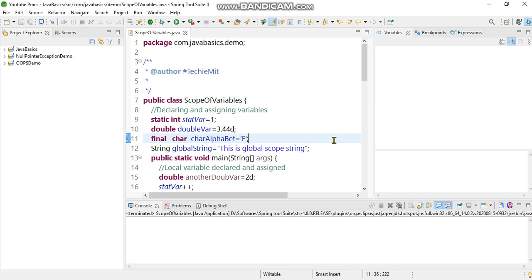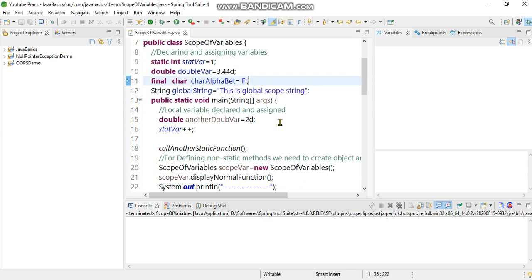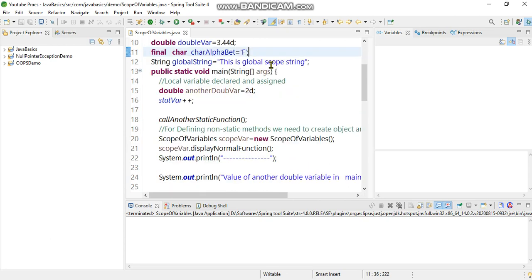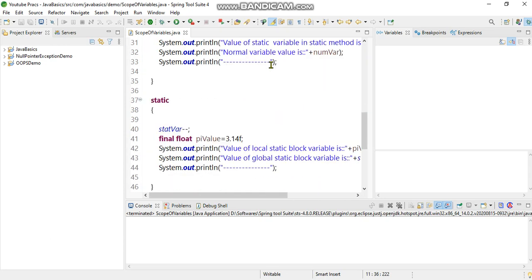What I've done is I declared a static variable, a non-static double variable, a final character variable, and a default scope string variable. As static is the first point of execution, firstly it will execute the static block.